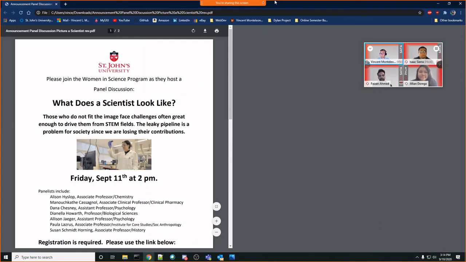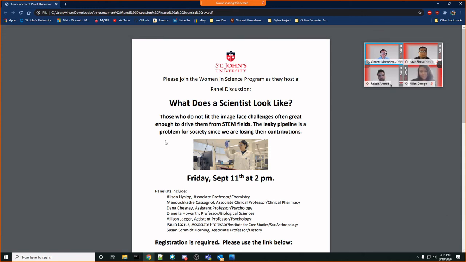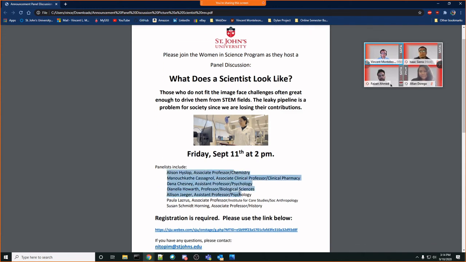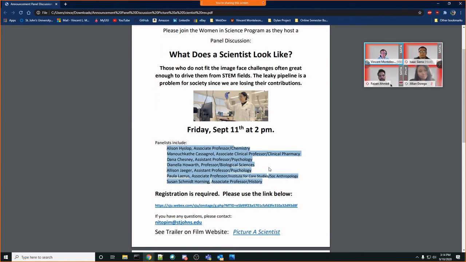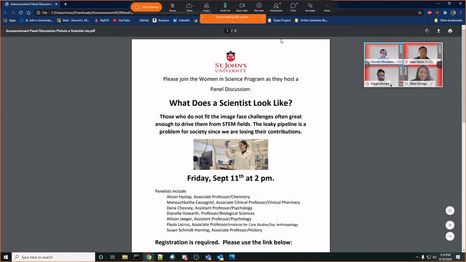Awesome. The only other thing I'm going to show you guys is this one, which is kind of short notice, but if you want to be there, this is the Women in Science program, and this will be shared immediately in Discord. What does a scientist look like? It goes over a bunch of panelists in different fields, as you can see down here, and it's going to be tomorrow, the 11th at 2 p.m. You could sign up for registration. I'm sure there is no limit on this, so I would recommend any of the women interested in any STEM fields to attend this event. It is something to look forward to, and again, it was provided to us by Dr. DeBello.